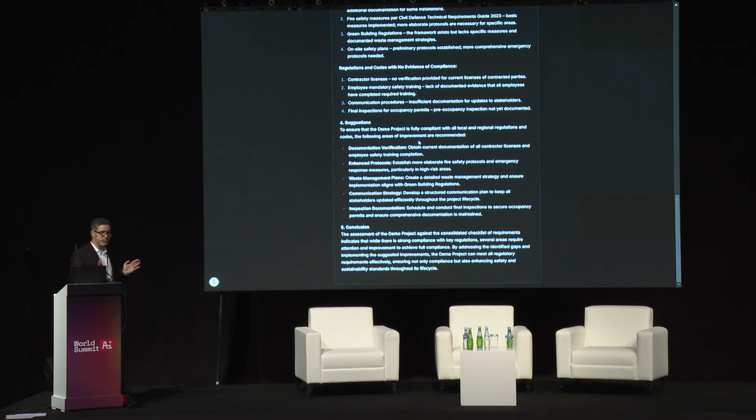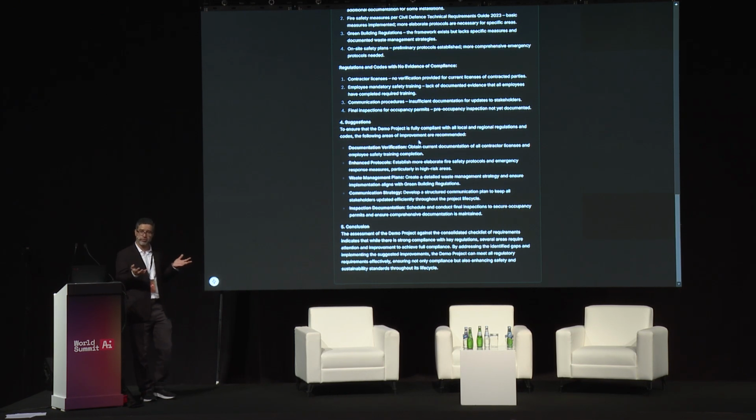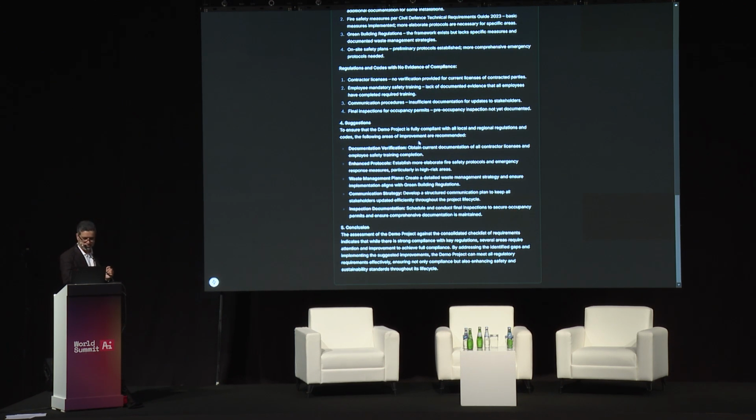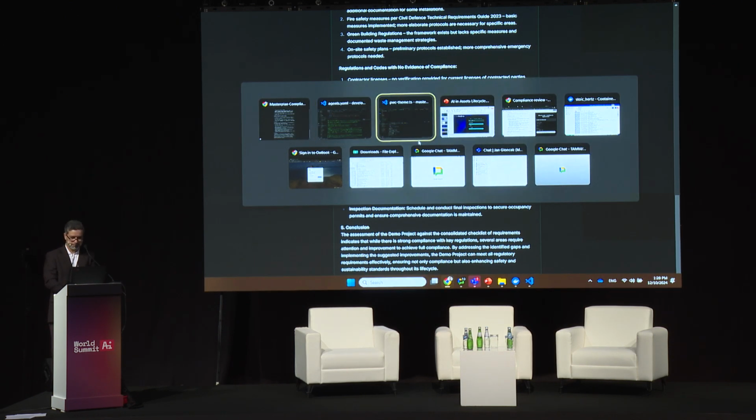I'm not a project specialist, I'm not a construction or capital projects guy, I don't know any of these regulations. But with the right set of tools, we can build these apps within a few hours. Obviously, not polished ones. If you want to polish it, it requires some more effort, but it can reduce your time significantly on these activities. Like this, let me go back to the presentation.